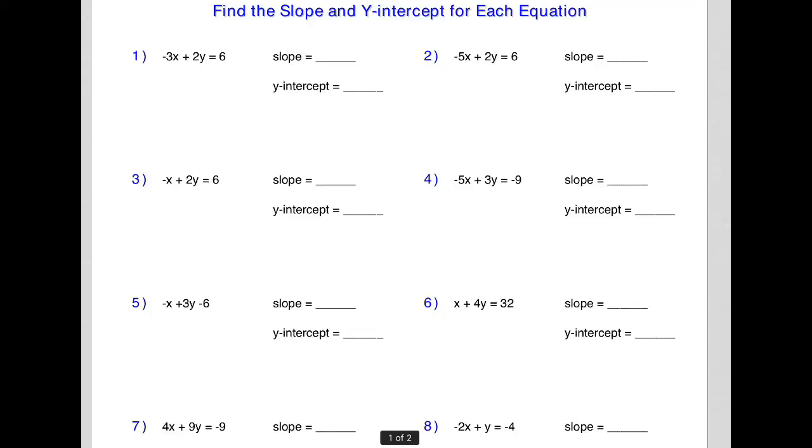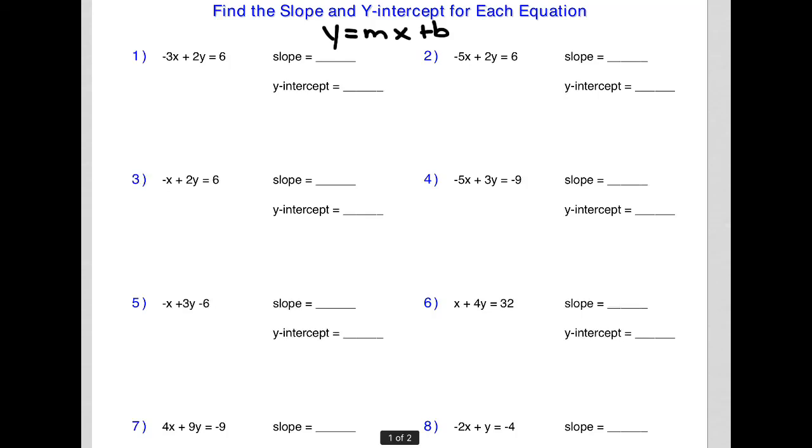Today we're going to review how to put an equation into slope-intercept form, and then we're going to look at how to compare two equations to see if they're parallel, perpendicular, or neither. Let's first recall that slope-intercept form is y equals mx plus b, and it's important for you to realize the